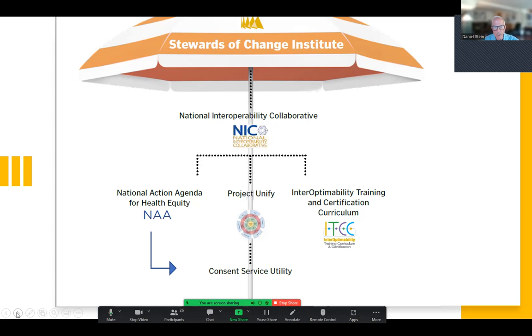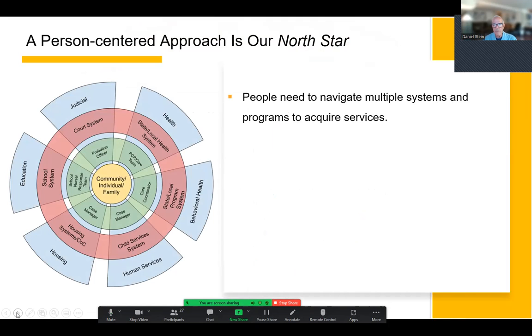So there's a lot more material around all of the work that went into that, but we're just going to touch on some of those pieces today. Out of our Project Unify group, there were, as I said, a bunch of folks involved with multiple different aspects of the work. We concentrated initially on the Integrated Care for Kids program, which came out of the Centers for Medicare and Medicaid Innovation, with the goal of developing an alternative payment model, connecting Medicaid and child welfare, behavioral health, and education.